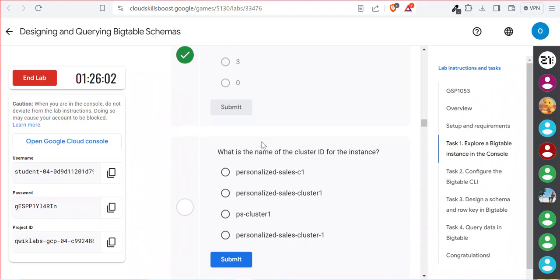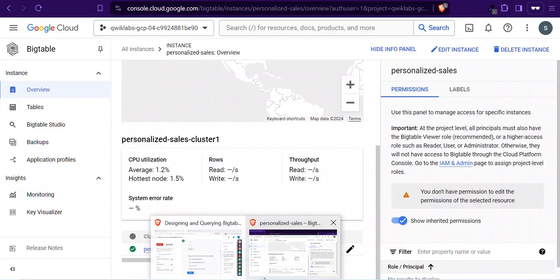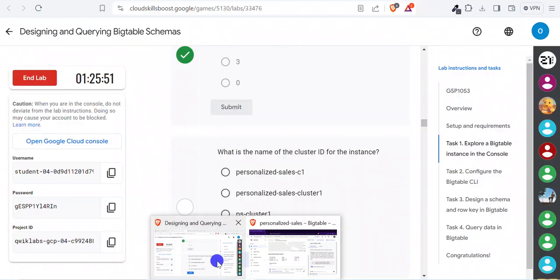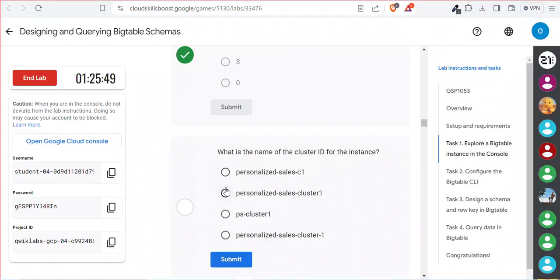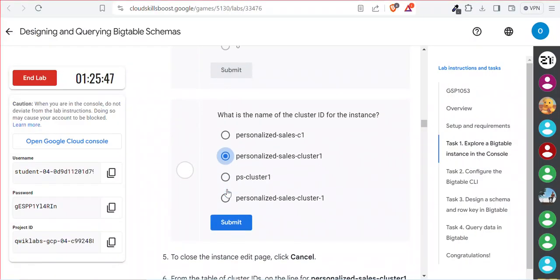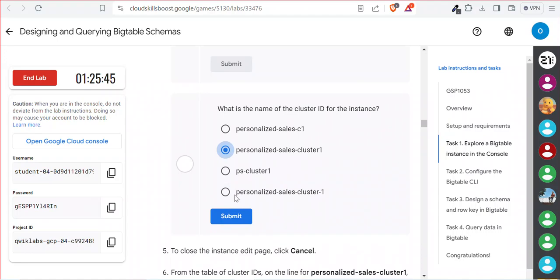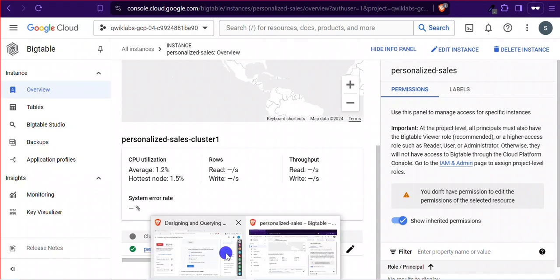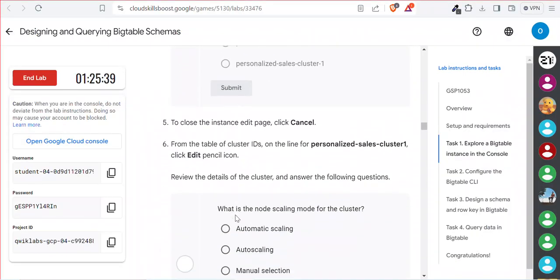Submit. What is the name of the cluster ID for this instance? So we need to tell the cluster ID. The cluster ID is personalized-sales-cluster-1. Submit.